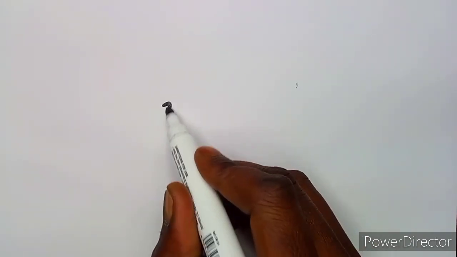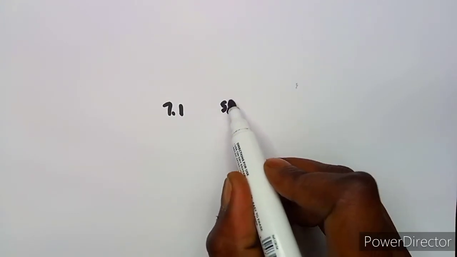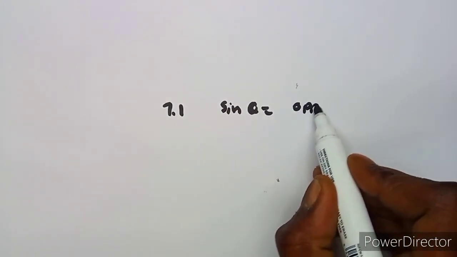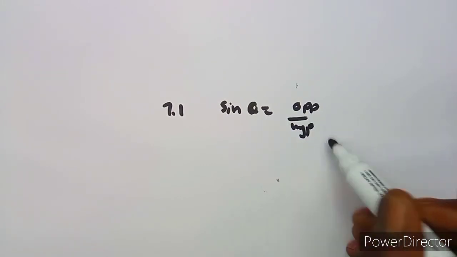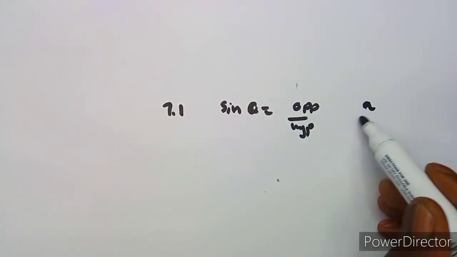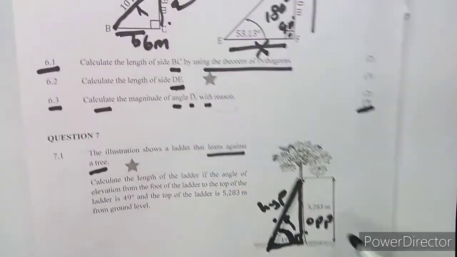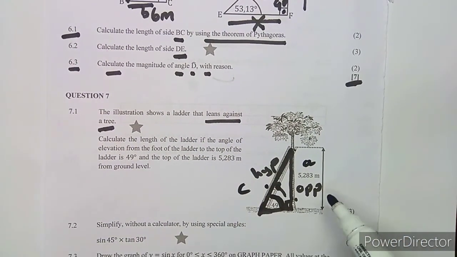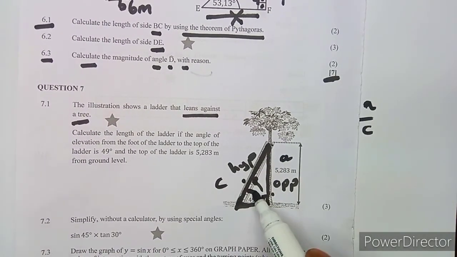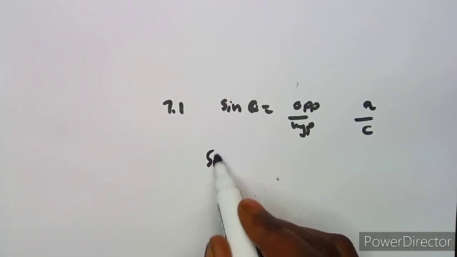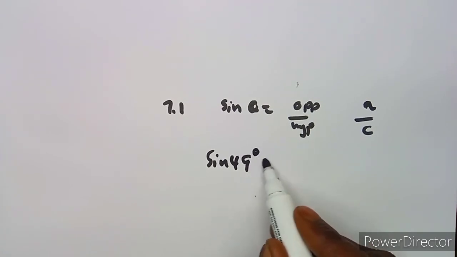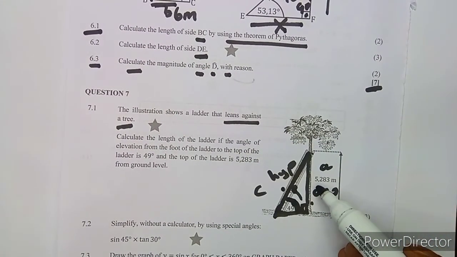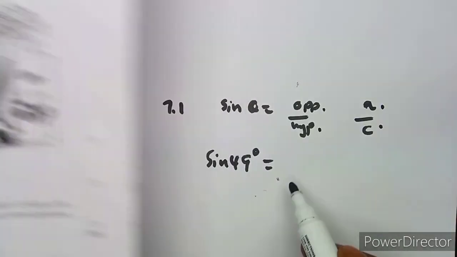to calculate question 7.1. So I'm going to use sine theta is equal to opposite over hypotenuse. So our opposite is the one I'm saying, A over C. In this case, this is your A and this is your C. So we are going to have sine 49 degrees, which is the angle. Sine 49 degrees is opposite over hypotenuse, which is A over C. This is 5, whatever you are given there,